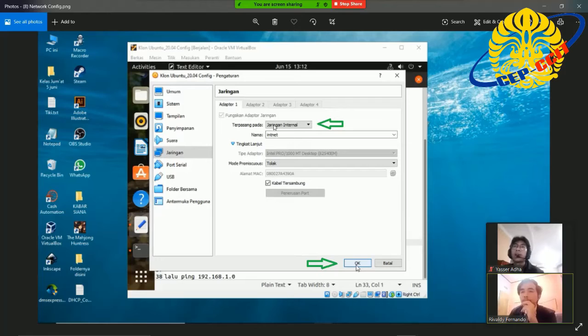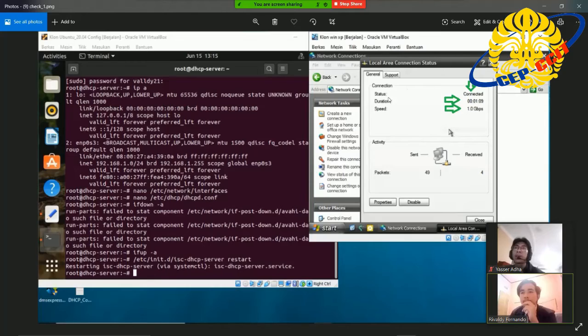You can freely give the name of the network and then click OK. And here, as you can see, we are at the local area connection status.